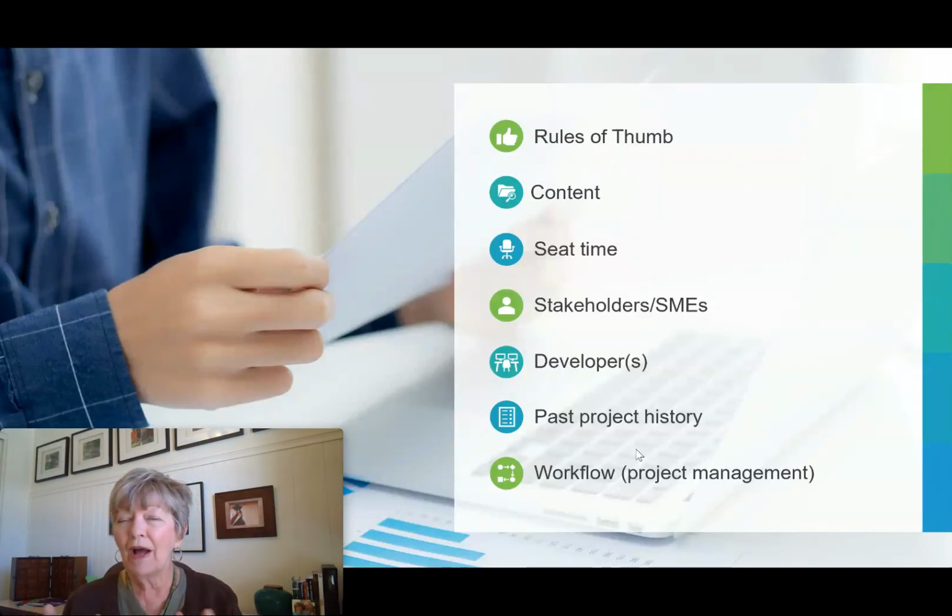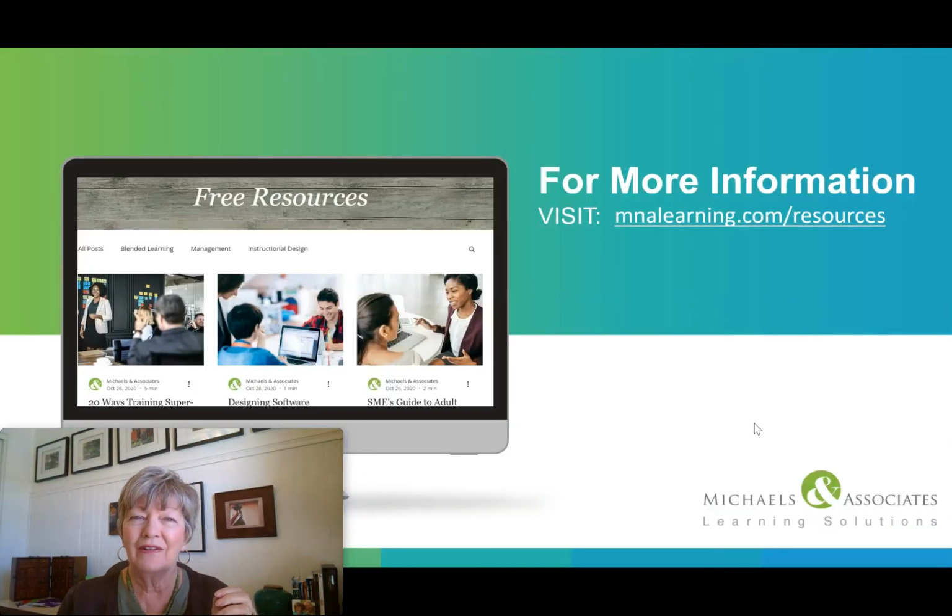So I hope I've been kind of clear on how estimating works. And we do a lot of it, and that's how we get to our numbers. So if you need to know more, there are specific numbers out there, both by the Chapman Alliance and by Carl Kapp, for any kind of training that you're trying to build. And I highly recommend that you go there.